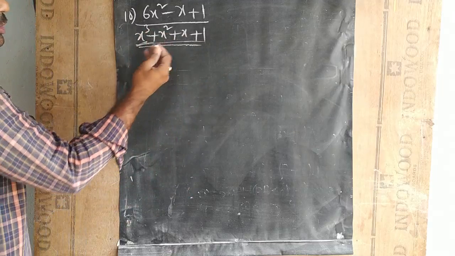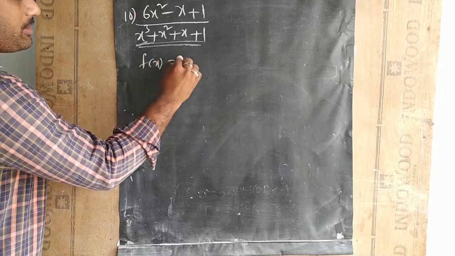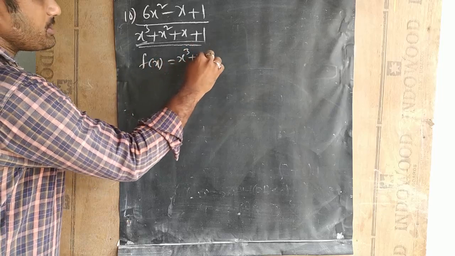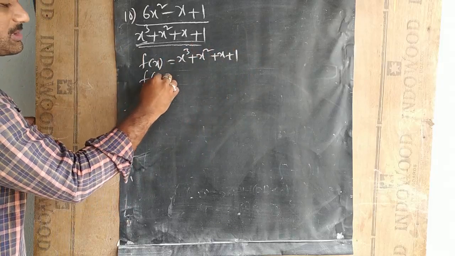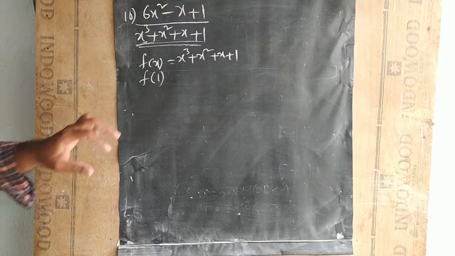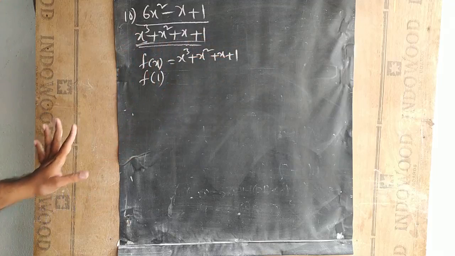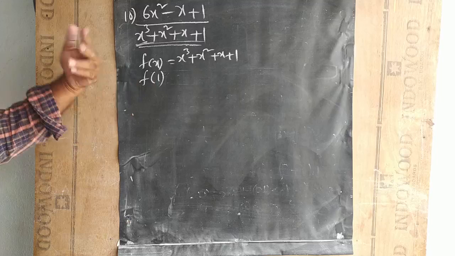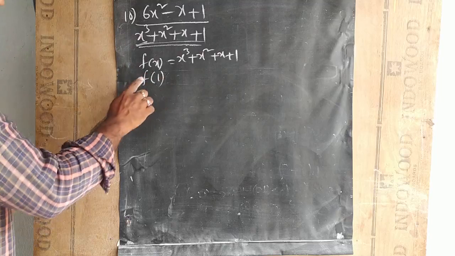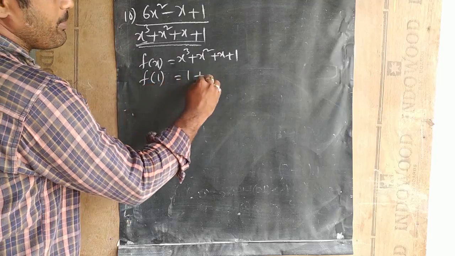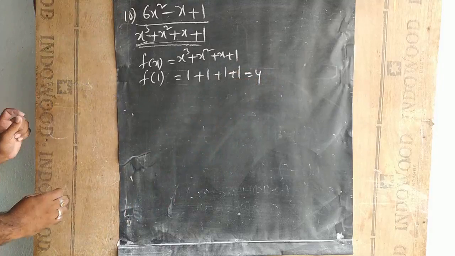So whenever a cubic polynomial or a cubic function is given, first let us treat it as f of x. f of x is equal to x cube plus x square plus x plus 1. Now we will start substituting by the trial and error method. We will substitute some values in place of x so that we get 0. Then that number will be the factor if you are getting 0. If you are not getting 0, it will not be the factor. If I substitute 1, so 1 plus 1 square plus 1 plus 1. So the answer is 4, which is not 0. So it is not a factor.